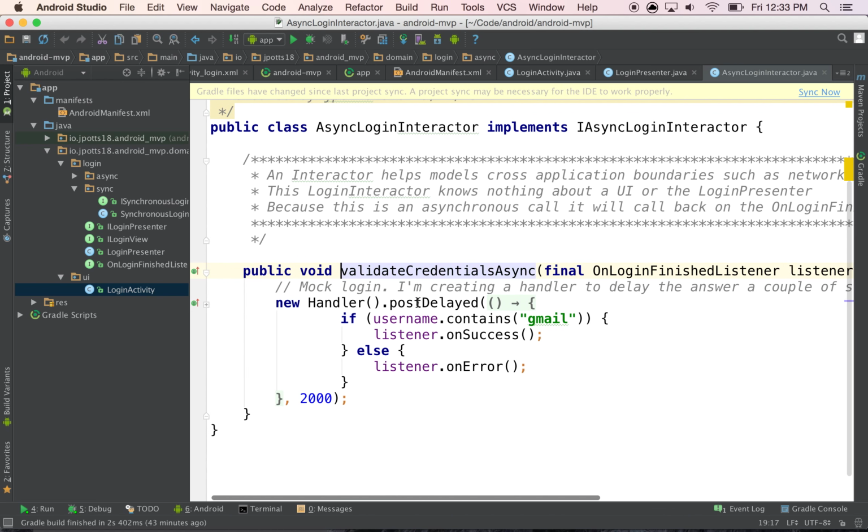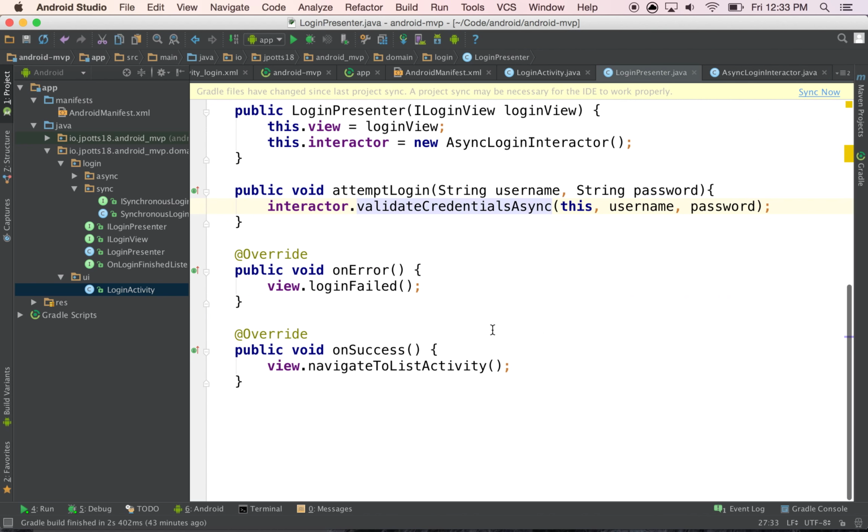Then I run a mock asynchronous kind of request that will call back on my onSuccess or my onError methods, and it waits 2 seconds. It's calling back on my presenter, not on my activity. So my presenter gets this view, and it either calls view failed or view navigate to list activity. And so I'll go ahead and just run the simulator really quick